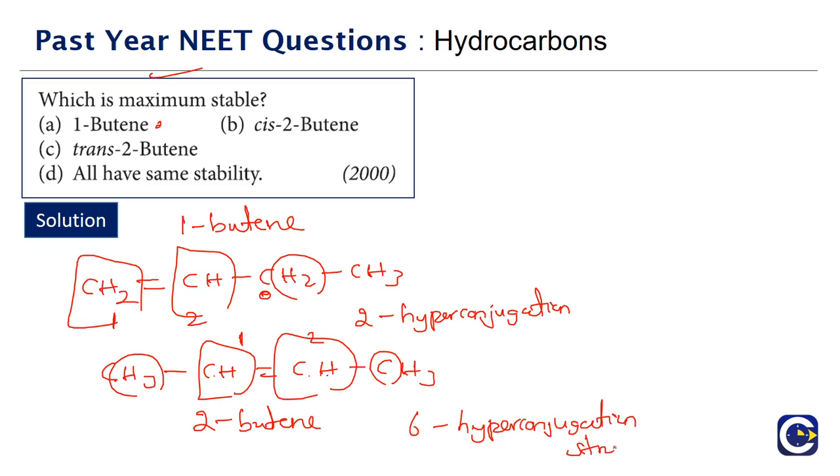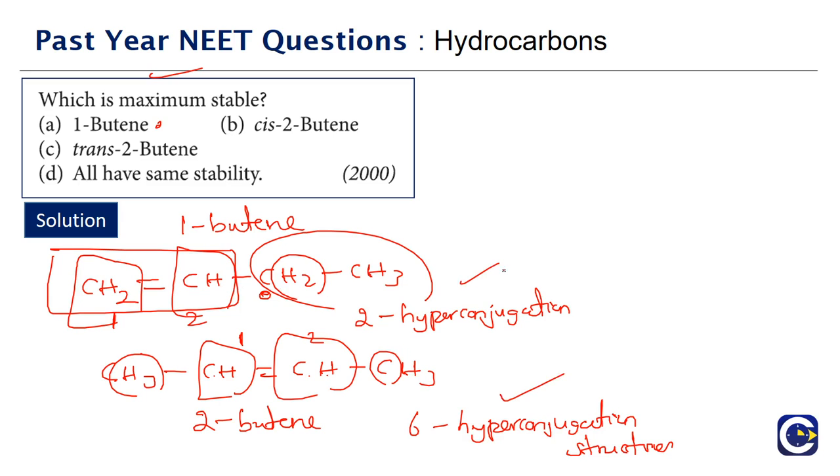Okay, so the more hyperconjugation structures that we can draw for the alkene, the more will be the stability of the alkene. That is why generally there is also a saying which says a more substituted alkene is more stable. So 2-butene, we can see, is more substituted. We have one group on this side, one group on that side. 2 groups are there. The way we look at 1-butene is, okay, this is the entire double bond and only one ethyl group is attached to the double bond carbon. So more substituted alkenes will be more stable because they will be able to give us more number of hyperconjugation structures. Like in case of 2-butene, we can have 6 hyperconjugation structures.